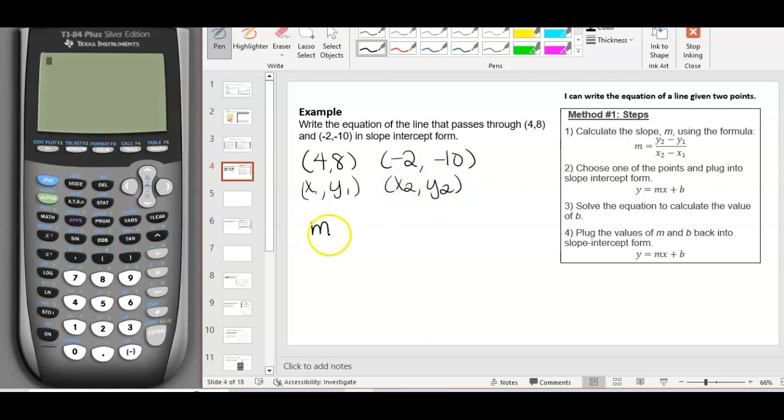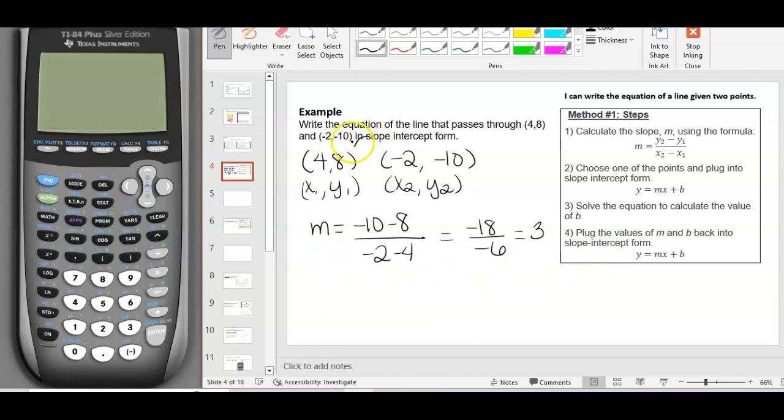So when I calculate the slope, I have m equals -10 minus 8 divided by -2 minus 4. So -10 minus 8 is -18, -2 minus 4 is -6, so -18 over -6 gives me an m of 3. So if I'm plugging into slope-intercept form, I'm just going to go to y equals mx plus b,